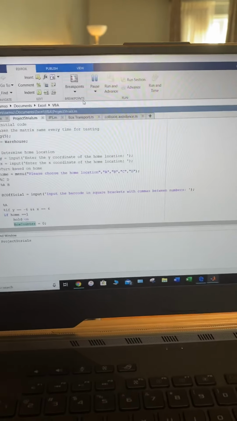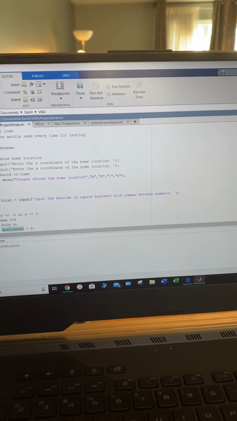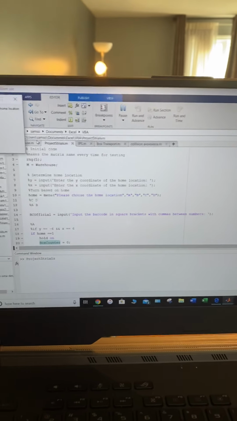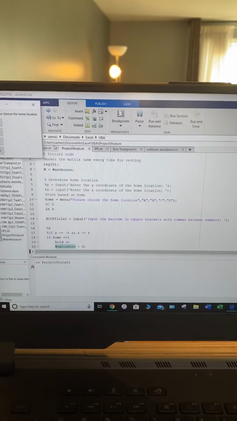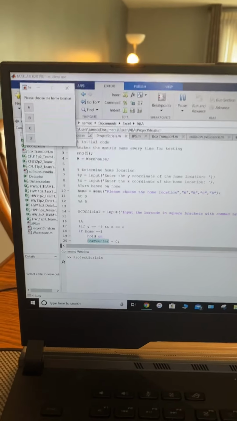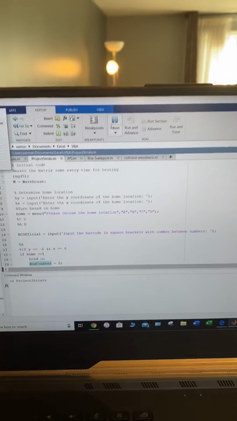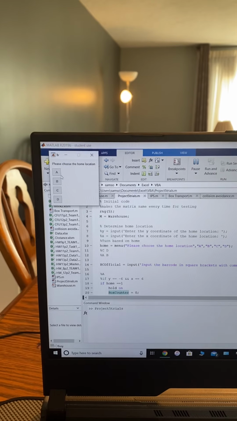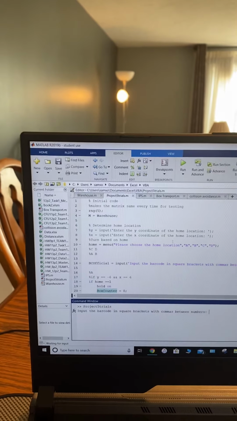Hi, I am Samson Griffin, and I am here to show you the logical component of Team 122's ARR. So once you click Run, which I just did, you will then click your starting home location, and I'll choose